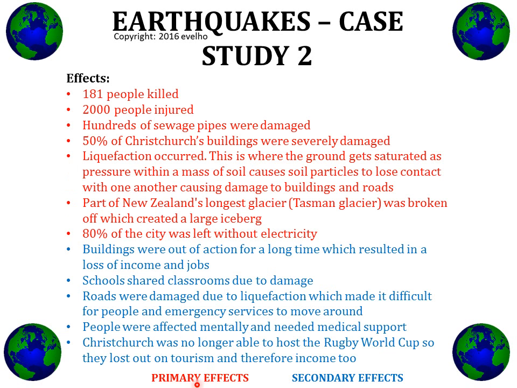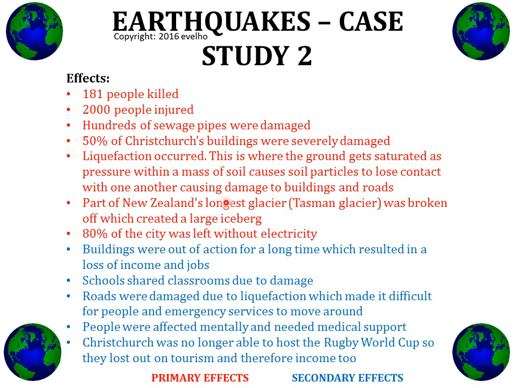So effects, again the same key, red is primary, blue is secondary. So some primary effects, 181 people were killed, 2,000 people were injured, hundreds of sewage pipes were damaged, 50% of Christchurch buildings were severely damaged, liquefaction occurred, and this is where the ground gets saturated as pressure within a mass of soil causes